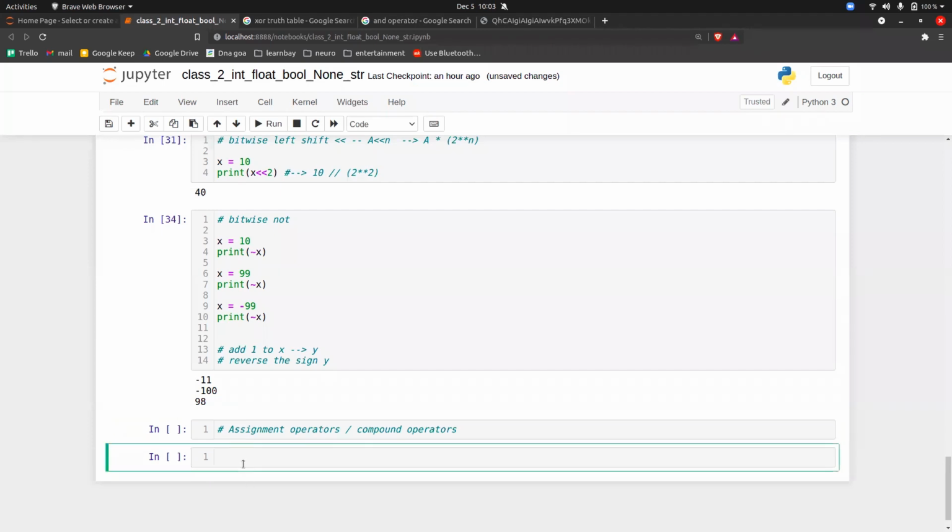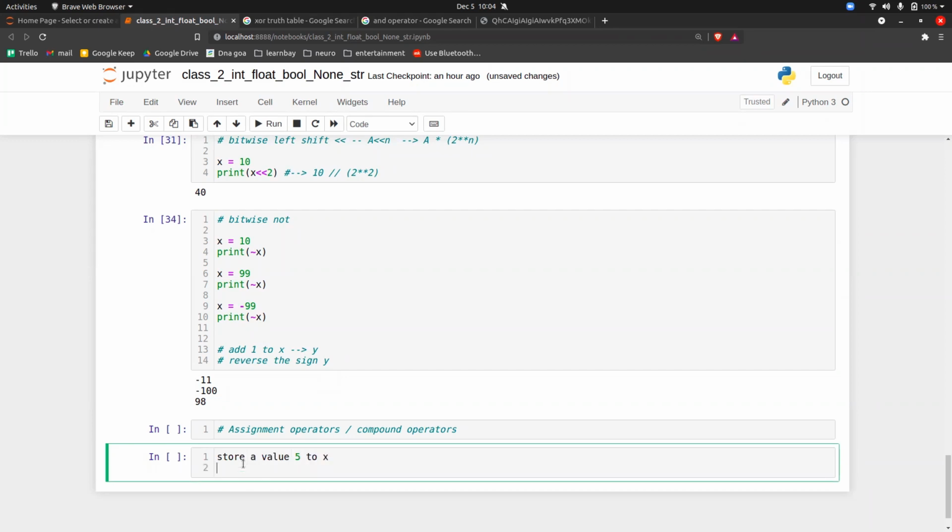The question I want to ask you is: store a value 5 to x. Then add 10 to 5 and reassign to x. How will you write the equation for these two steps?